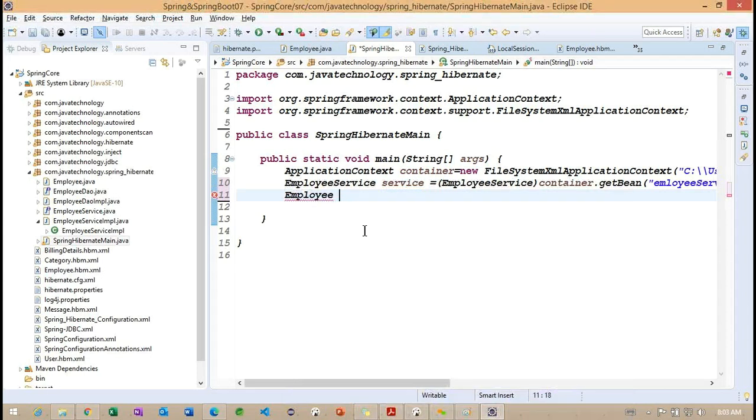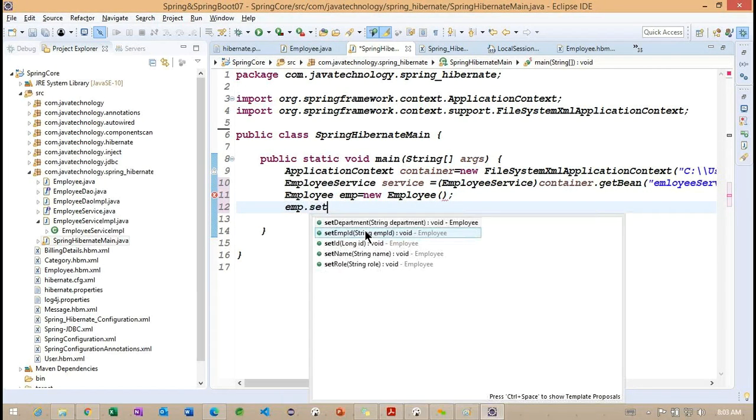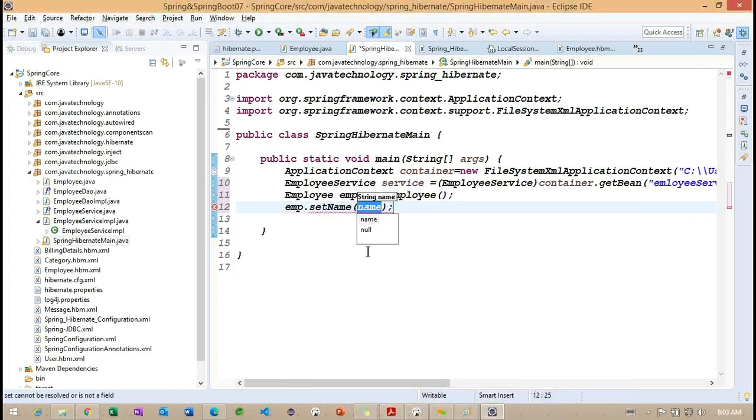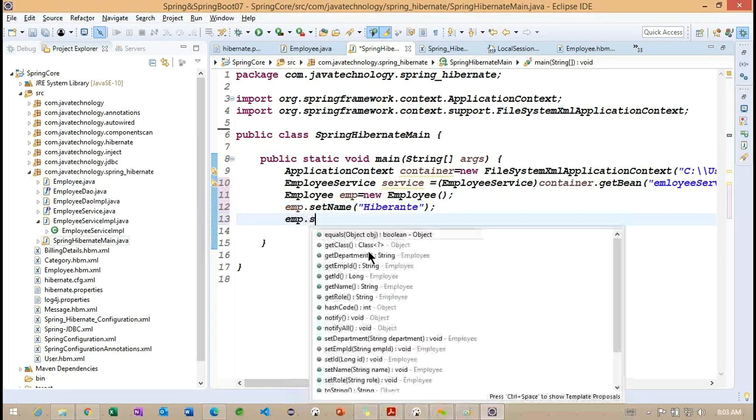And here first I need to create an employee object. So set name. Here I want to specify Hibernate.